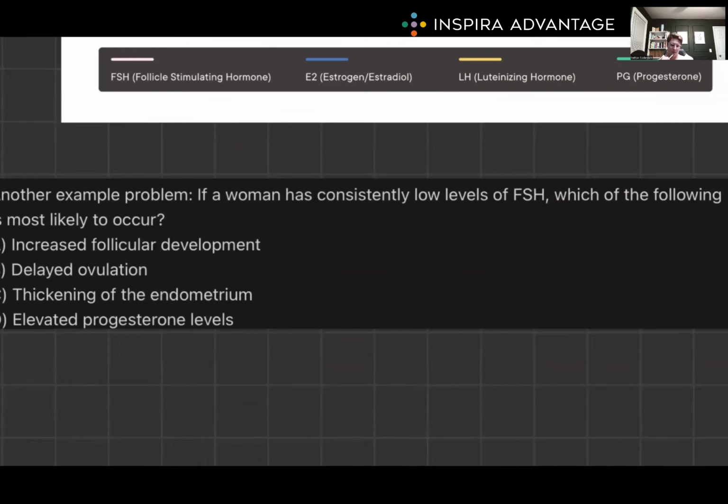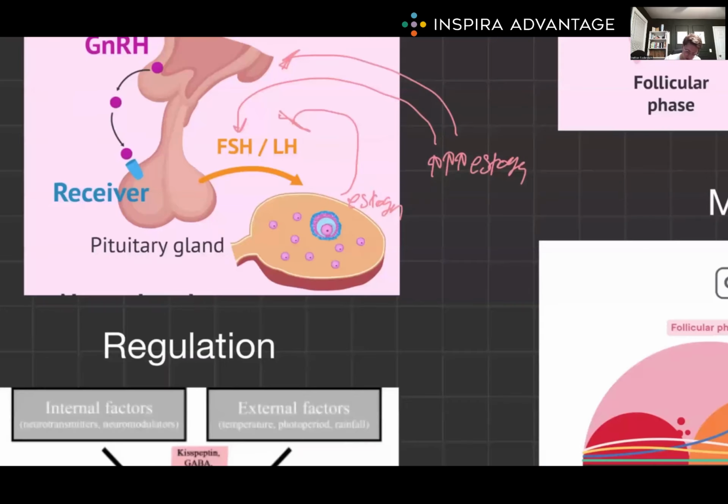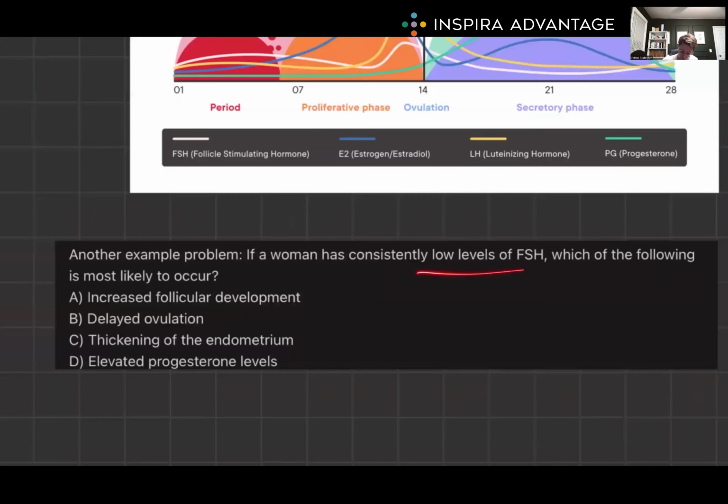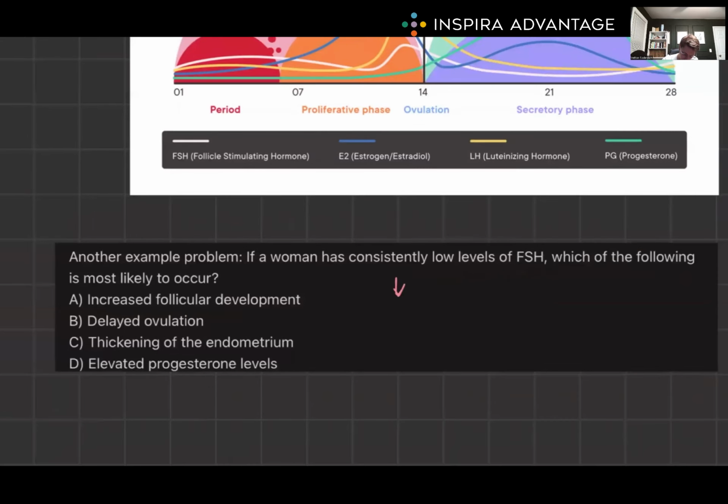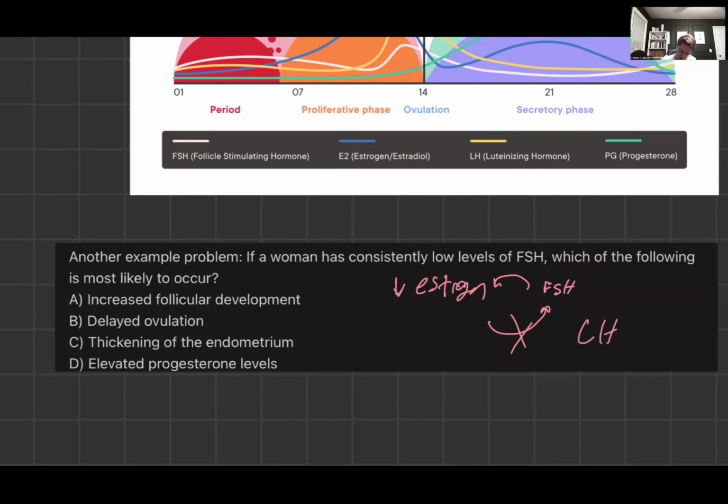Let's do one more problem here. If a woman has consistently low levels of FSH, which of the following is most likely to occur? An increased follicular development, delayed ovulation, thickening of the endometrium, or elevated progesterone levels? Well, let's think about, what does FSH do? If we go back to our diagram, we know FSH is going to stimulate the follicle to start making estrogen. So if we have low levels of FSH, we probably also have low levels of estrogen. If we have low estrogen, there's no way we can ever have the positive feedback loop. That just isn't going to happen. If we don't have that positive feedback loop, that means we can't have our LH spike. And with no LH spike, that means we will delay